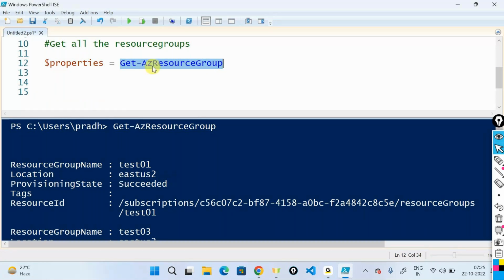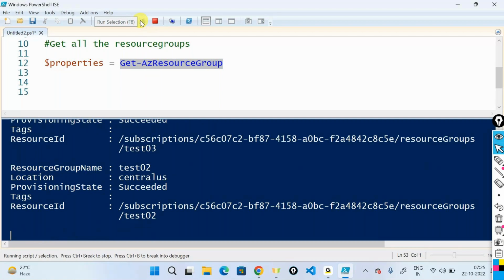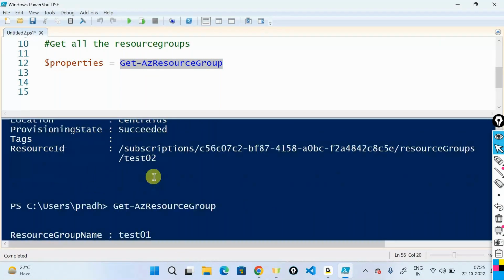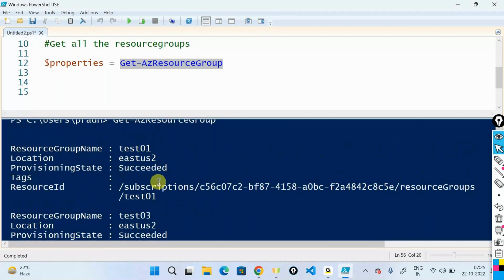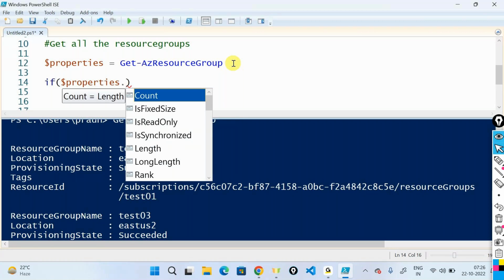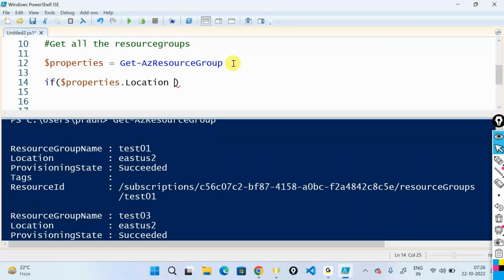Because right now, if I just execute this out, I have something called location dot test. Is it location dot properties, or properties dot location? Properties dot location. So if I say if, I can say properties dot location is equal to, in quotes, east US2,